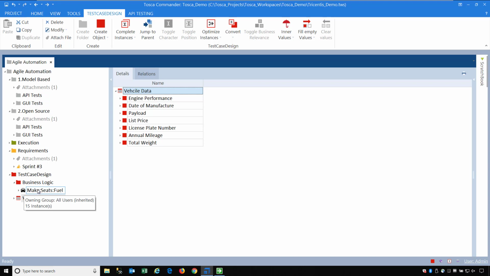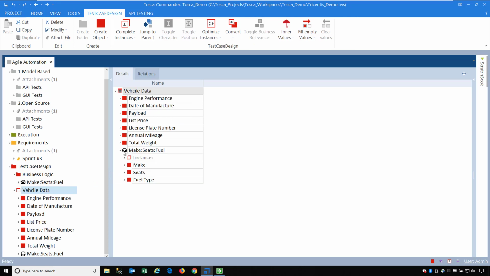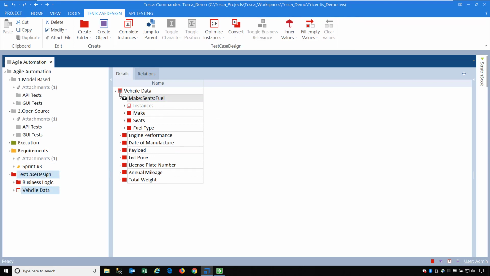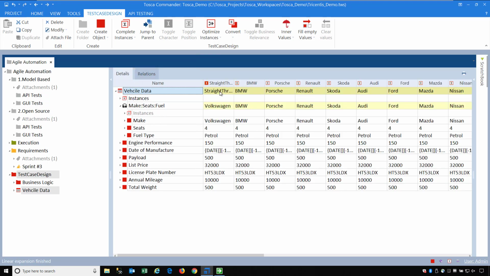So what I can do now, based on the ones I do have, is drag and drop this into my test sheet. Just bring that back into focus. It's at the bottom, and I'll move that up to the top here. What that means is I've already taken care of my business logic for these fields, and I'll just collapse all these. These ones have no business logic or dependencies, so I can just come over here and use a number of built-in combination techniques that Tricentis offers. I'm just going to use linear expansion for today, and you can see now we've got a number of different tests going through different